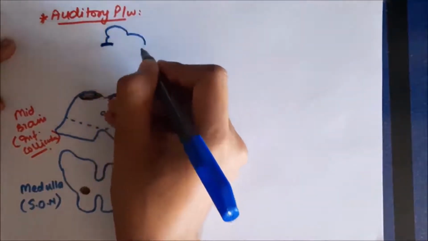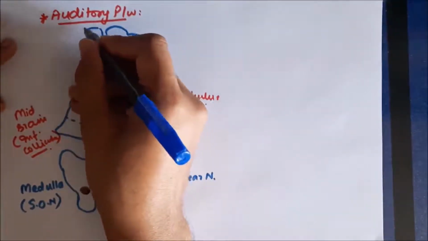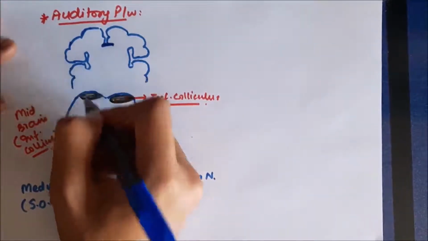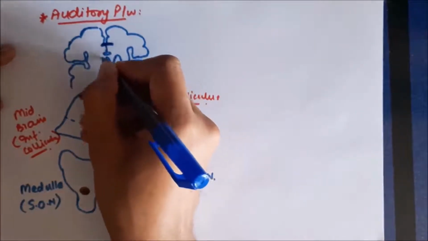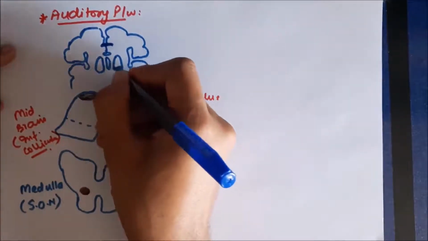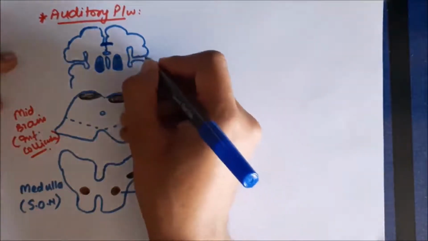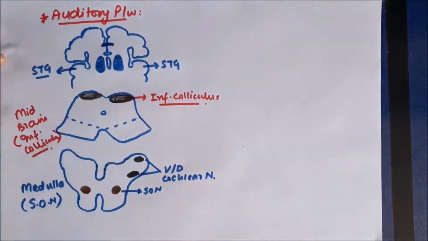So above, this is the part of the cerebrum, this is the coronal section of the cerebrum, this is lateral sulcus. So again, this is cerebrum, this is the lateral sulcus, and below it is the superior temporal gyrus. This is the fornix, this is fourth ventricle, and on each side of fourth ventricle there is thalamus. So these are the two thalami. So this is the thalamus of one side, and of the other side. This gyrus is the superior temporal gyrus. Again, this is the superior temporal gyrus.